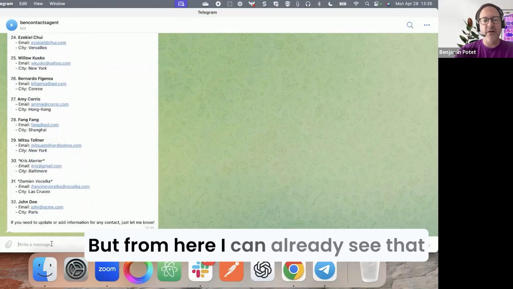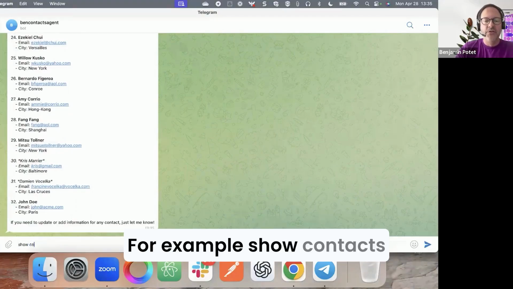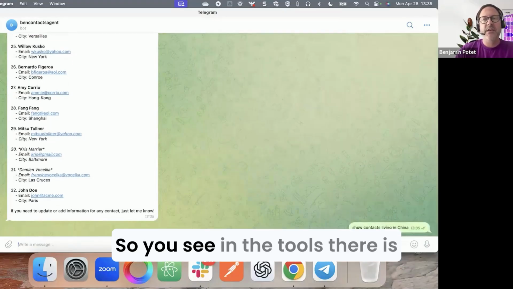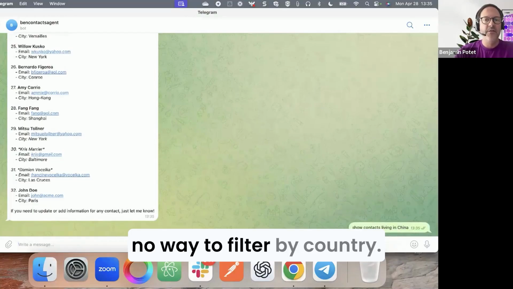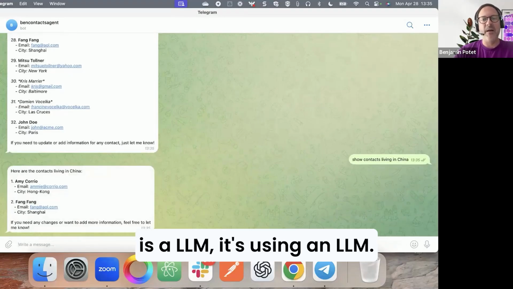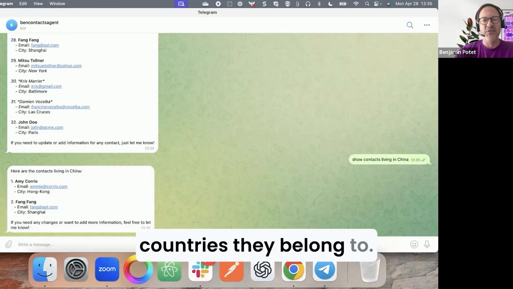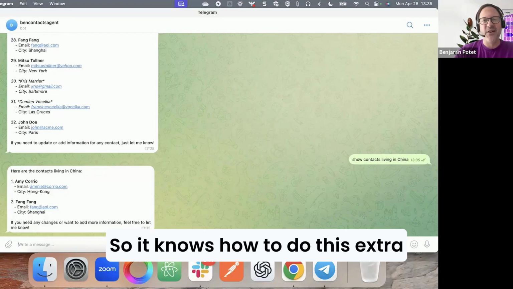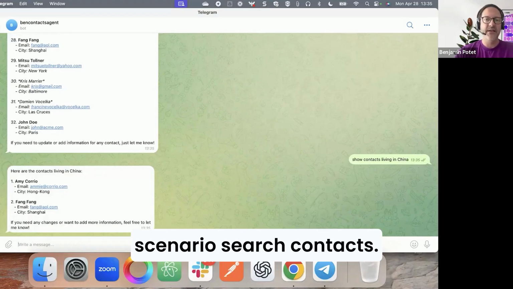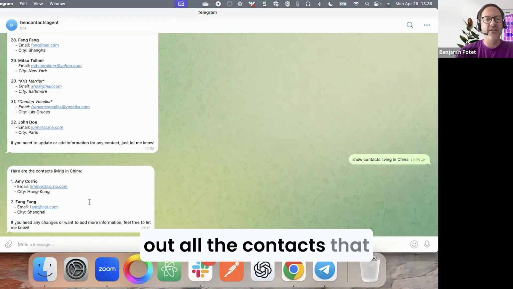Okay, so it provided me this information. But from here, I can already see that I can ask more advanced questions. For example, show contacts living in China. So you see in the tools, there is no way to filter by country. But still, because the agent is using an LLM, it knows the different cities and the different countries they belong to. So it knows how to do this extra action based on the data it got. So it called the sub-scenario search contacts,